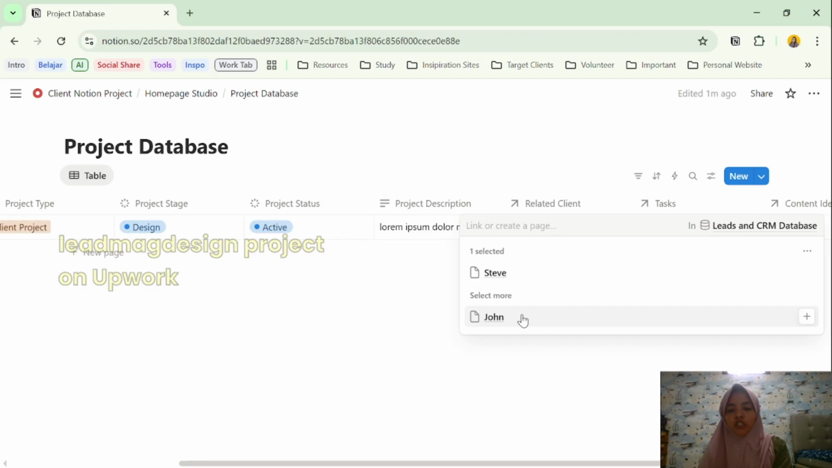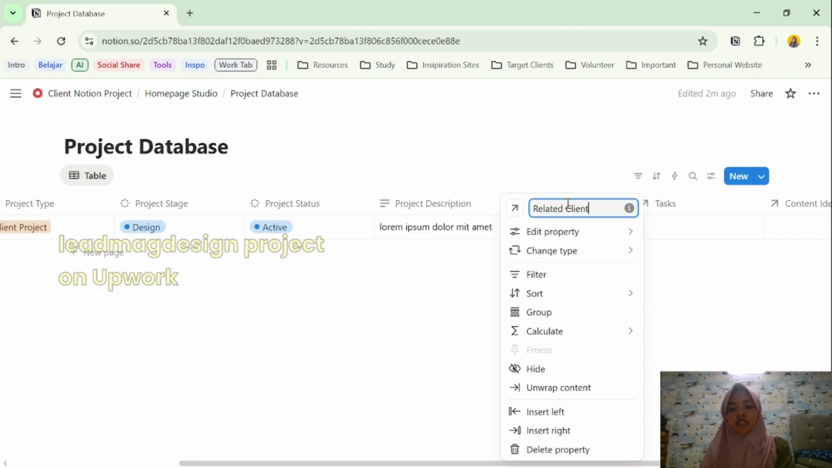And for this related project, especially the client, you can choose more than one client. I don't know if it's gonna be related with your project or not. You can do one project for 2 different clients, but in case if it is yes, you don't have to change anything here. But if it's not, one project only for one client, you can just edit the property, and then click